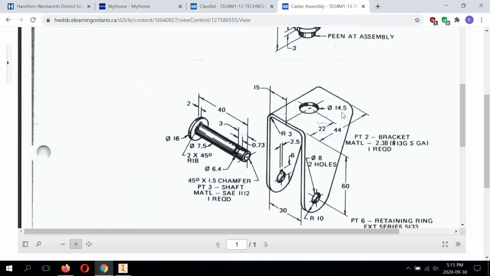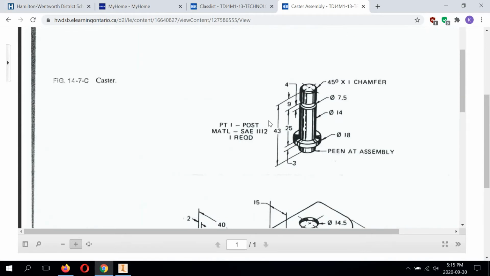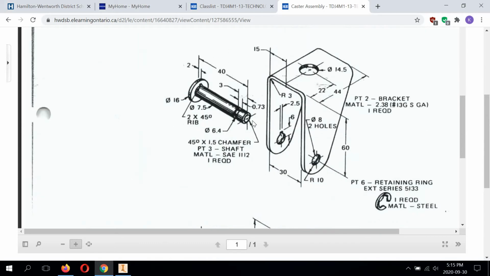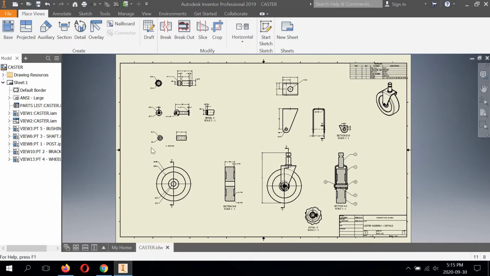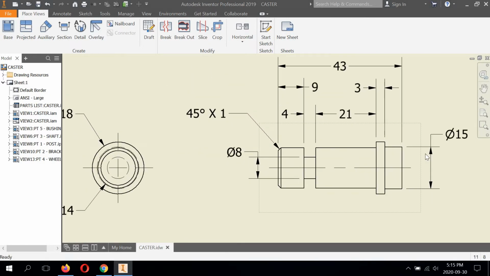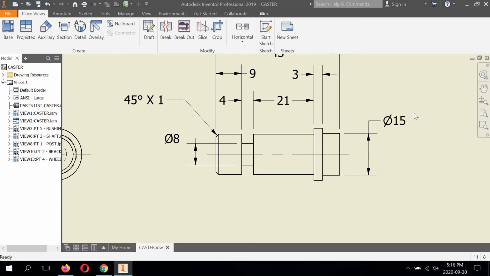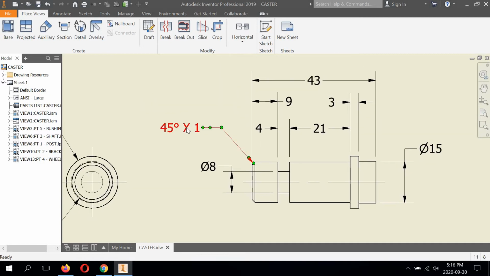But we need to create some new dimension styles to modify some of these dimensions, which is fairly simple to do. So one of the things I'm going to be doing is scanning through this, and I've already set up my standard and changed the dimension, but I need to do the rest of them. So we're going to click into here and take a look. I've also run the peen diameter that goes into the bracket. Now you didn't see me run this dimension in my previous lesson, but I'd like you to run this dimension, and we're going to be editing this one,